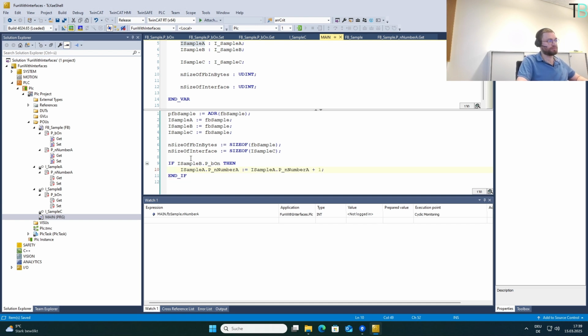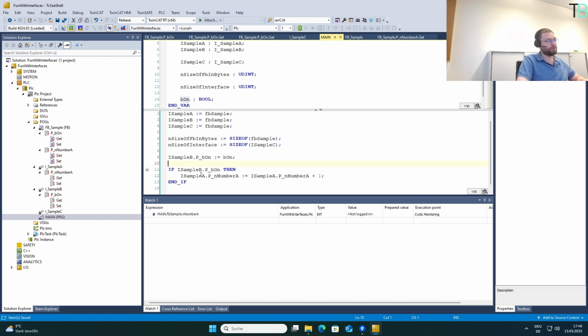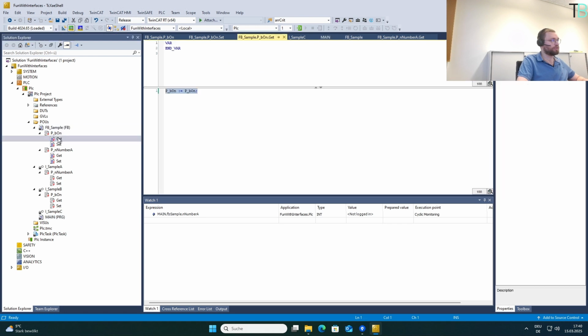As soon as we set with the interface B, we will set it with a variable here, bOn of type bool. As soon as we set the FB to active via the variable b1 or the property b1 bOn, then we will increase the number by 1 each cycle, and the property here then will set